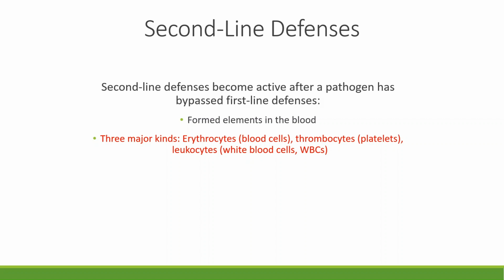The thrombocytes, which are more commonly called platelets, help with blood clotting. And then we have leukocytes, and these include the white blood cells, sometimes abbreviated WBCs,